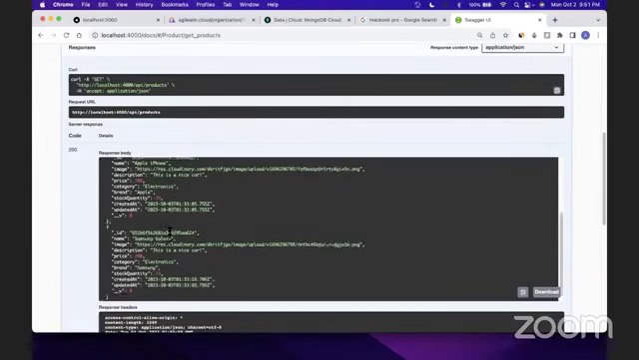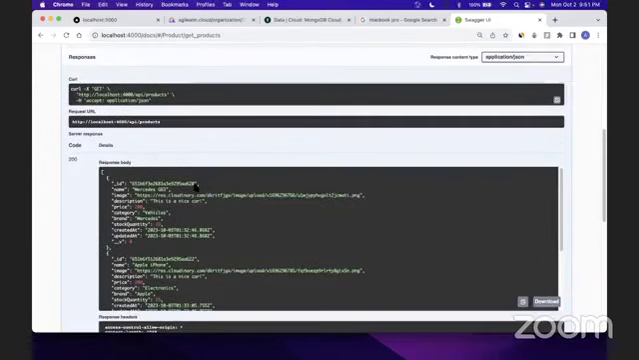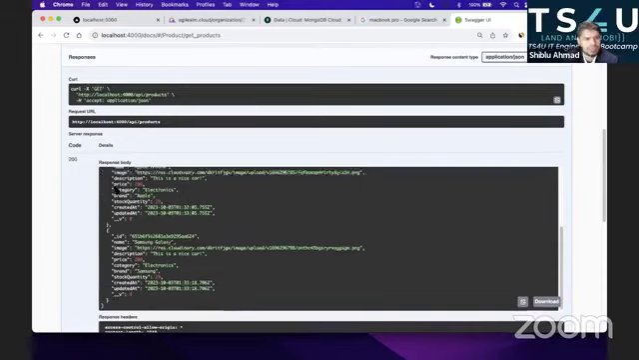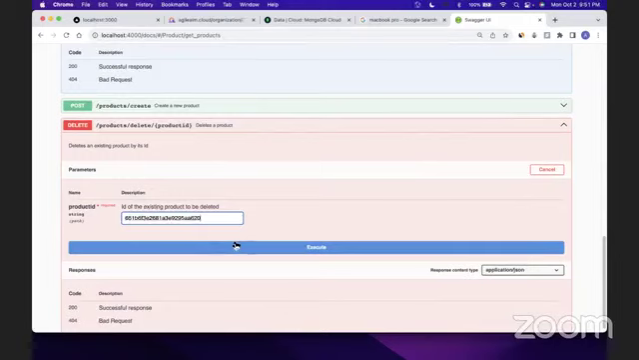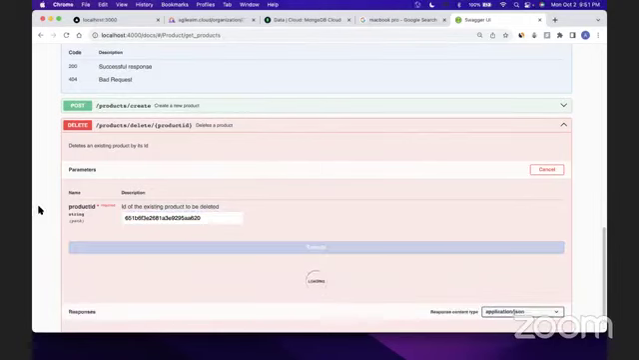As you can see, we have 3 products. So let's say we want to delete the Mercedes. We can just copy the ID and just place it here. And then when we execute,